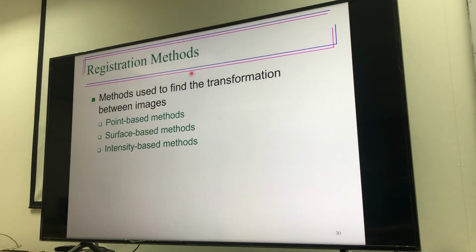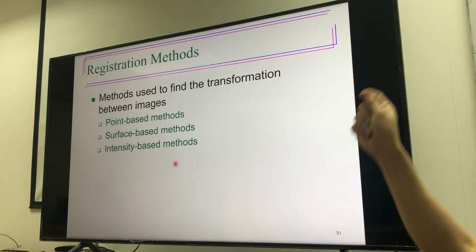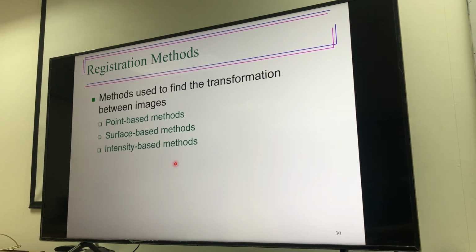There are three different methods to do registration: point-based, surface-based, and intensity-based. Point-based means you pick some points in one image and you find the corresponding points on the other image, and then you find the errors. Usually, for the point-based method, you need